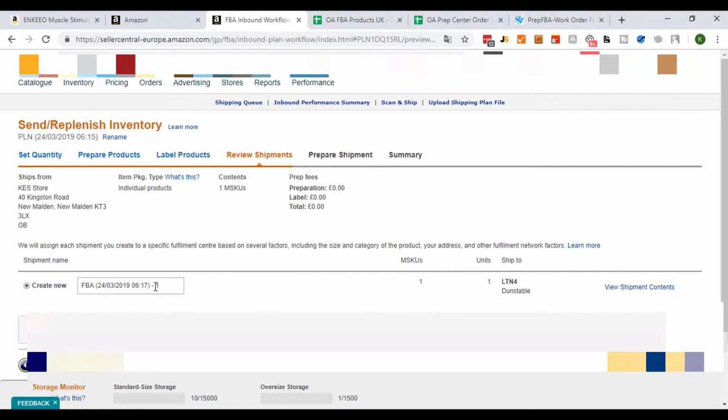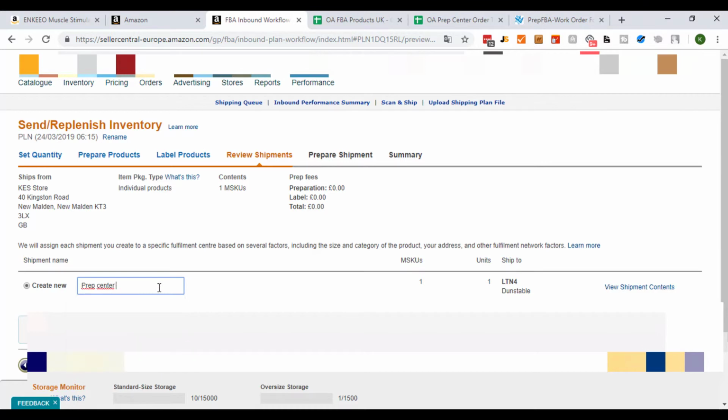But again, and then you have the shipment plan. This is the name of the shipment plan. So basically you can copy that. Once you have created it, you will have this name and you will also have an ID, or basically you can give them this or this one, but they will know because of the date and the time which one it is. Okay, you can also put another name in here,